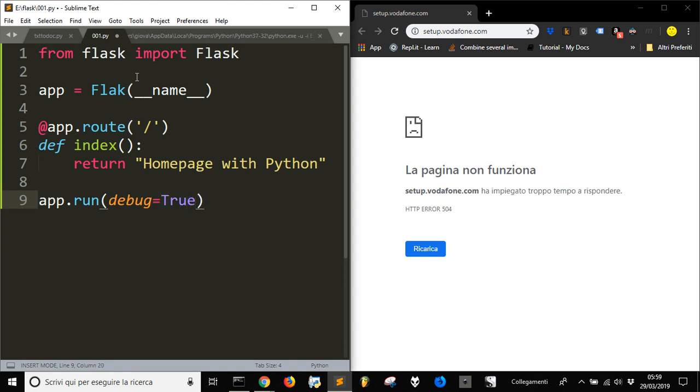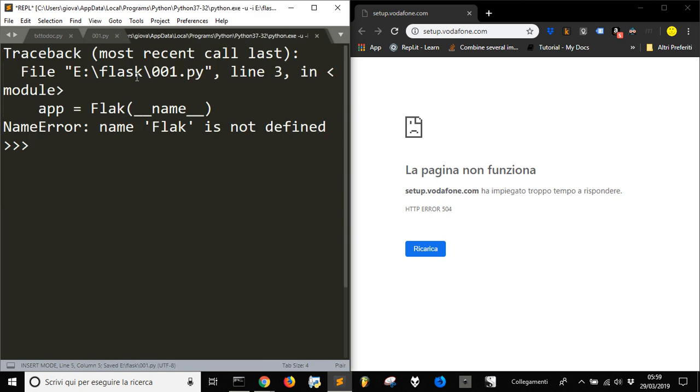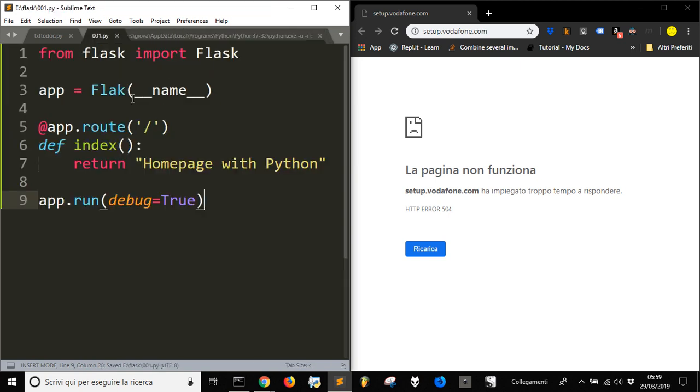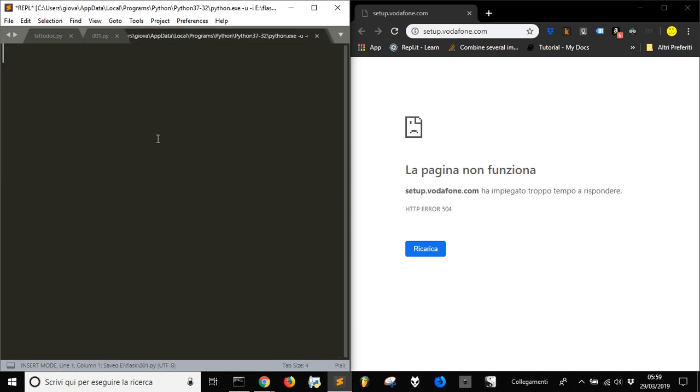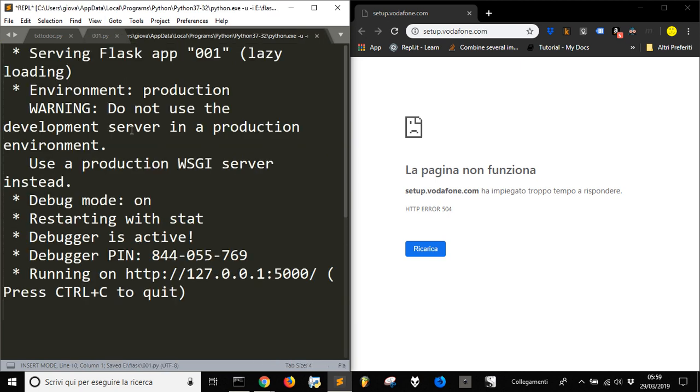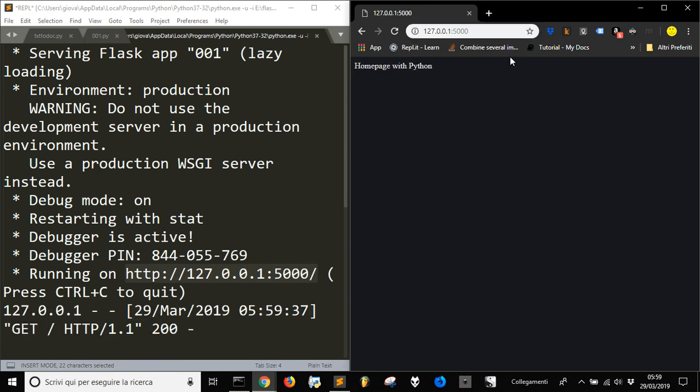and then you save your program and you launch it, and then there is an error because Flask, there is a typo here. Let's run it again, and you see the server is starting, and then here it says running on HTTP 127. And let's copy this, go into your browser and paste this address here, and here you got homepage with